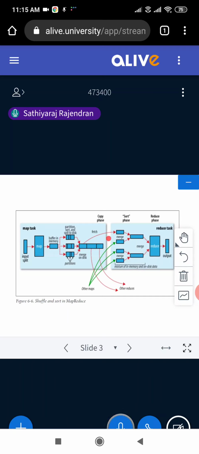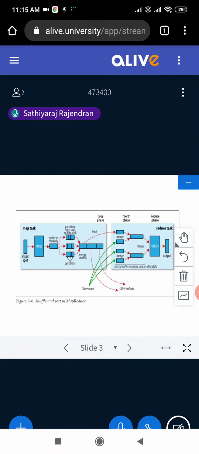And you can see the sort phase and reduce phase. Sort phase is where you will be doing a sort with the help of the key. Again I'm repeating, sorting can be done with the key. So whenever you talk about MapReduce, we will always be talking about key-value pairs. We always consider and process with key and value. Without that, we will not be moving further for the problems.